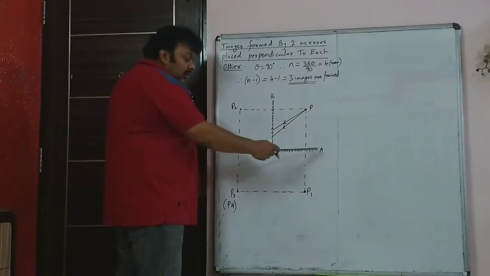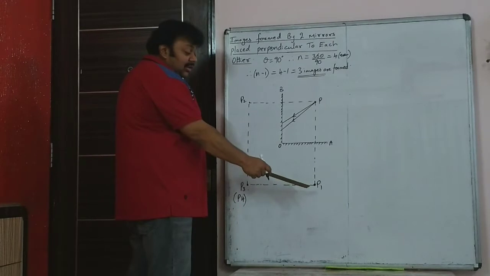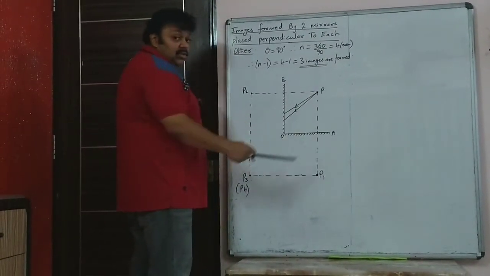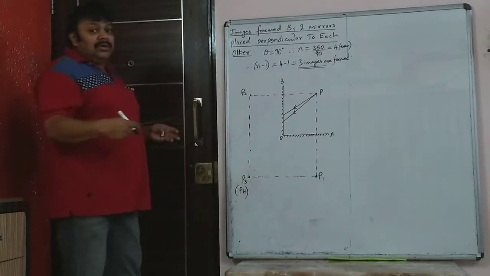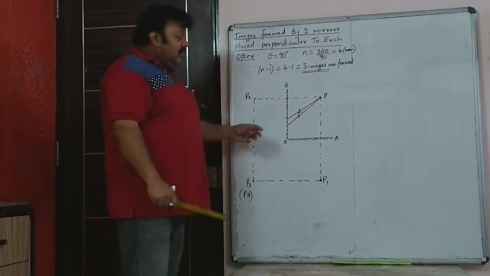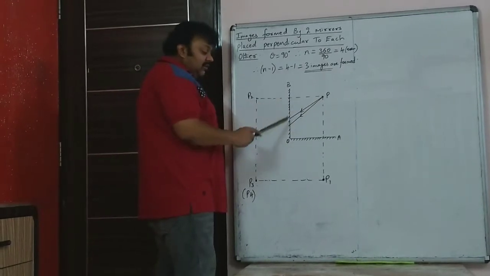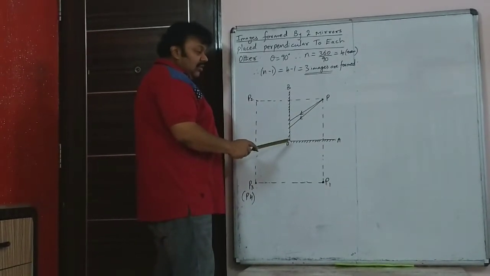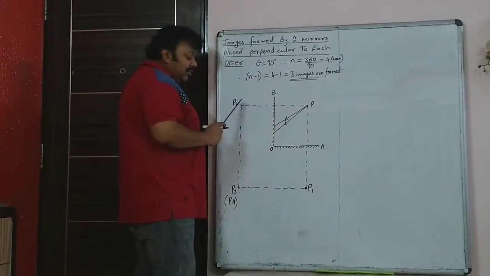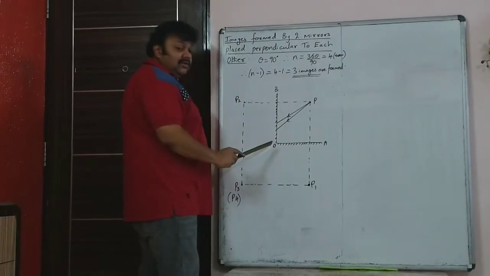Similarly, if only the mirror OA was there, then P1 would have been the image of P under reflection in the mirror OA. So now we can't draw so many lines and make the rays confusing in the ray diagram. So we draw a limited number of rays. From P, we are only drawing 2 rays. It is falling on OB. So now those rays will get reflected obviously, and after reflection they appear to come from P2. Why? P2 is the image of P under reflection in OB.